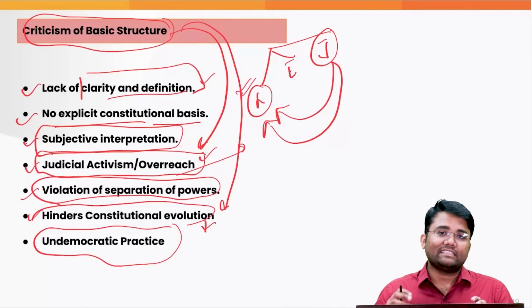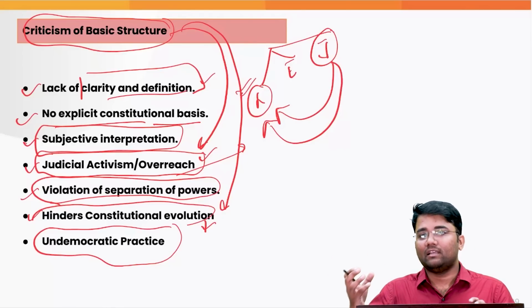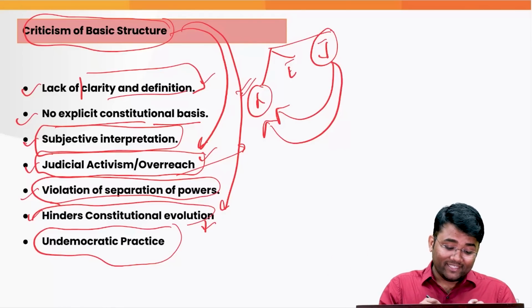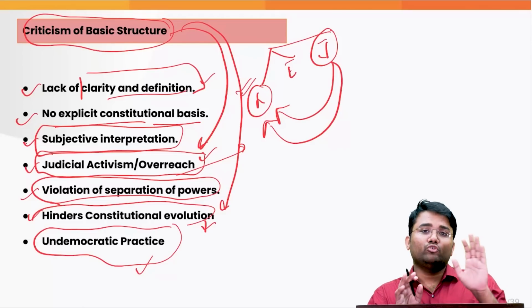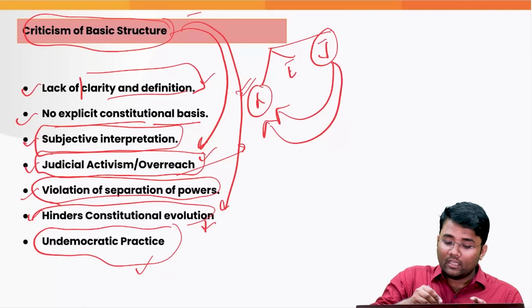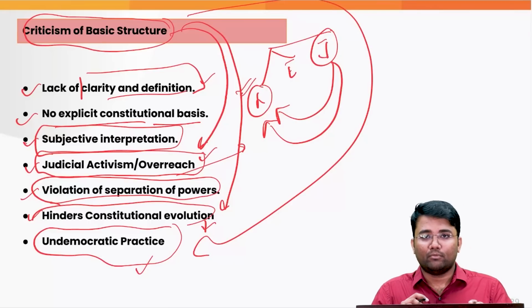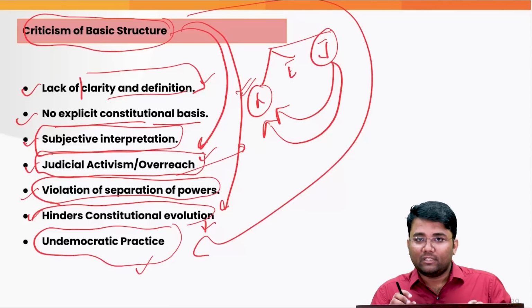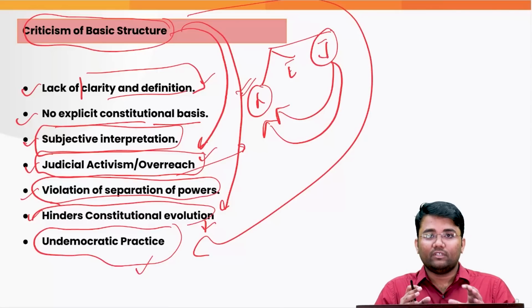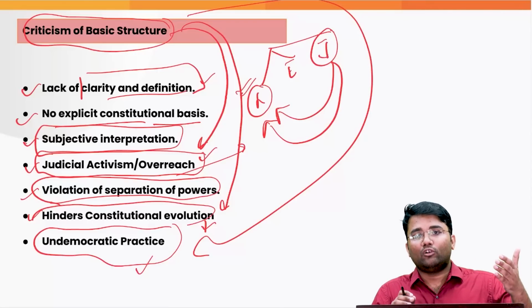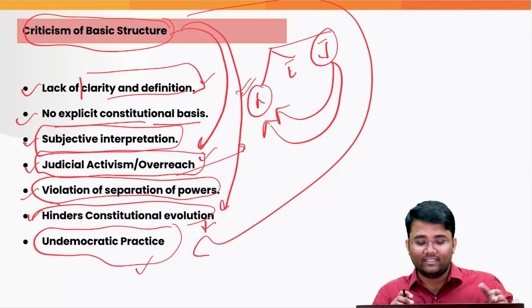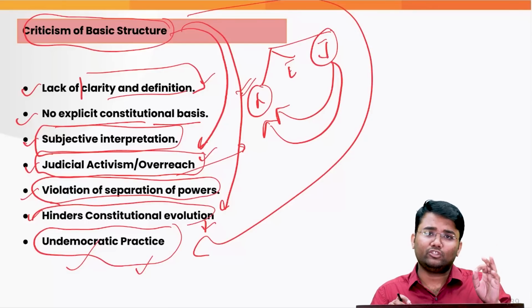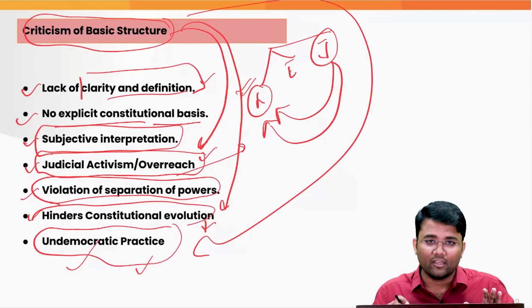People who are in the legislature are actually elected by the citizens, and in India people are sovereign. So when the judiciary is guiding how a law should be, they are actually not representing the will of the people, because the judges are not elected by the people. So some experts believe this basic structure doctrine, which guides the making of the law or amending of the constitution, is undemocratic, as the judiciary is not representing the will of the people.